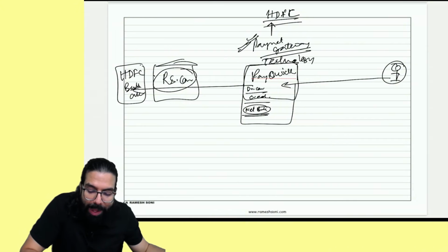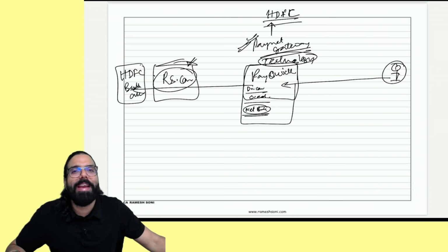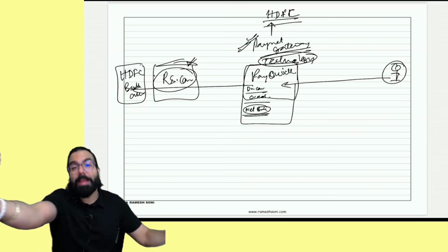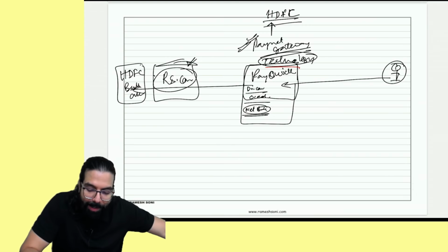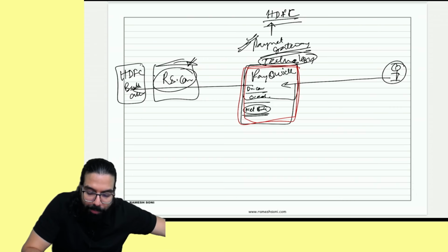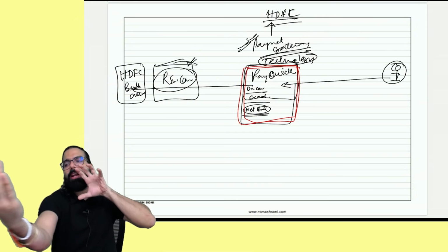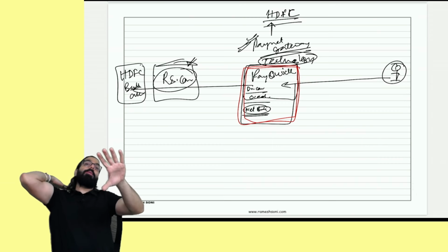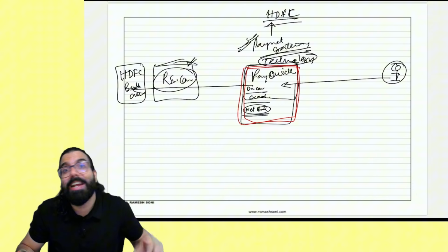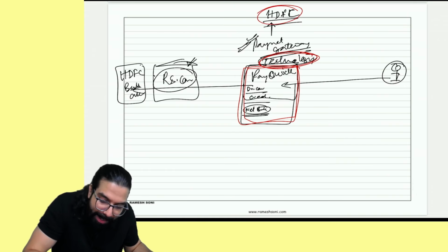So that you don't have to ask the student for his bank account number. The student will not ask me, Ramesh sir, what is your bank account number? What is your IFSC code? I will make the payment directly into your bank account. What I did was take HDFC Bank's payment gateway service. What is a payment gateway service? Where the student will not ask for my bank account details. He will directly make the payment in the payment gateway, and the payment gateway will send the money directly to my bank account. That's called a payment gateway, which is just a technological platform provided by HDFC Bank.